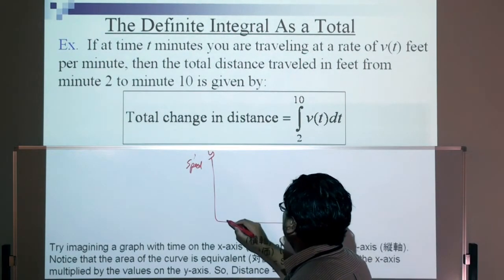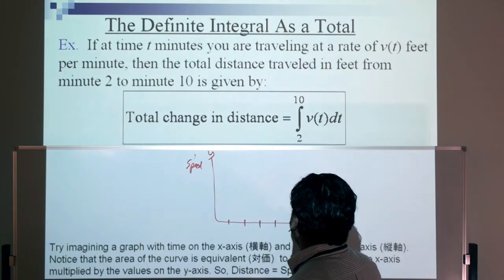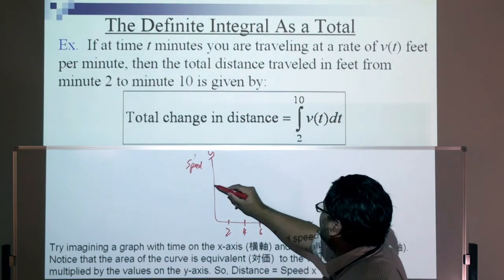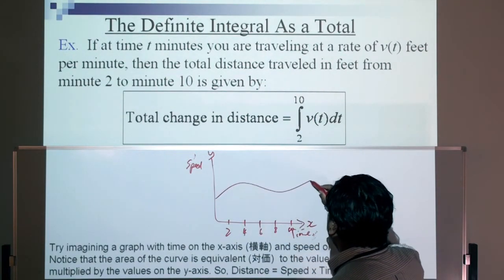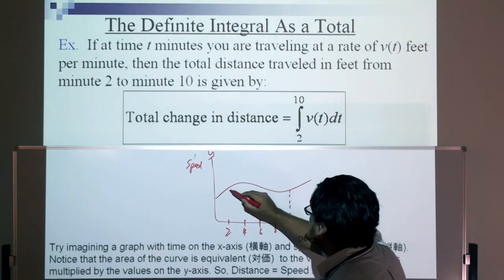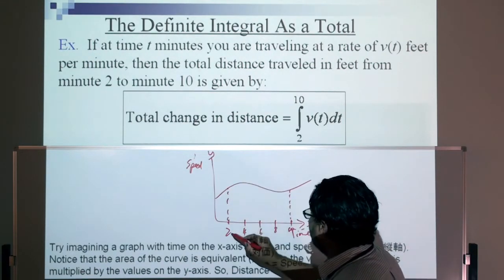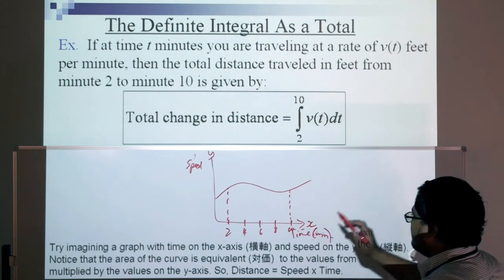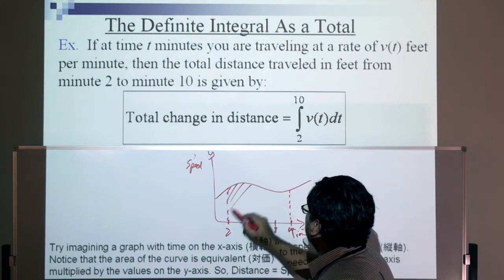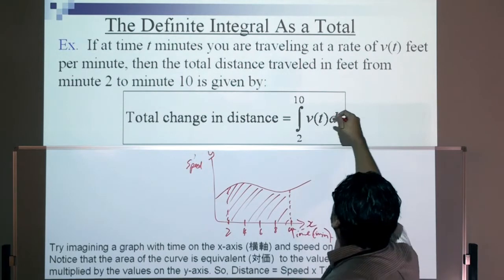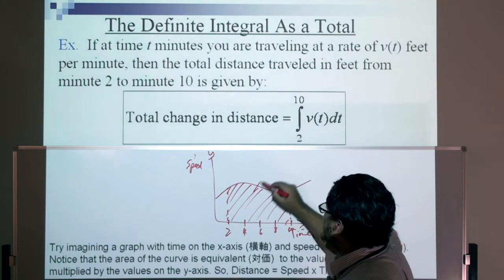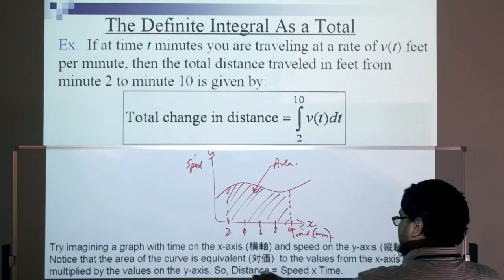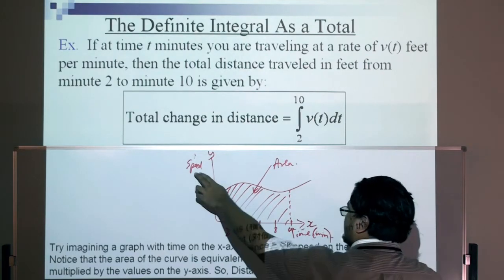Now imagine we have 2, 4, 6, 8, 10. That's 10, 8, 6, 4, 2. So say we have a graph like that, going like that, and we want to know how far this person went between 2 minutes and 10 minutes. So the definite integral shows this. Okay? When you evaluate this integral, you get the value for the area in there. So it's basically, you get the distance traveled, the area, which equals speed